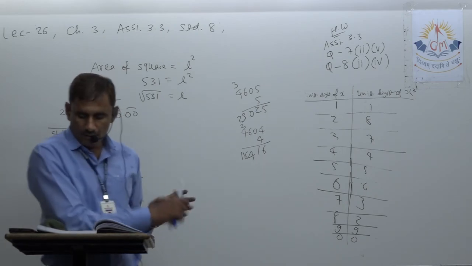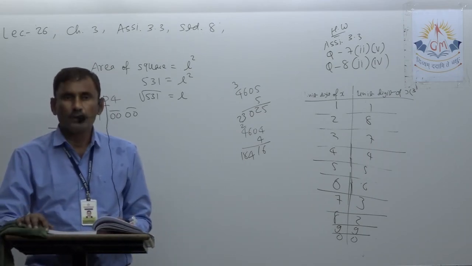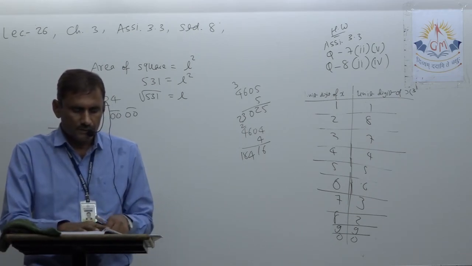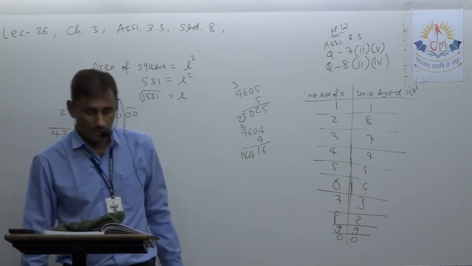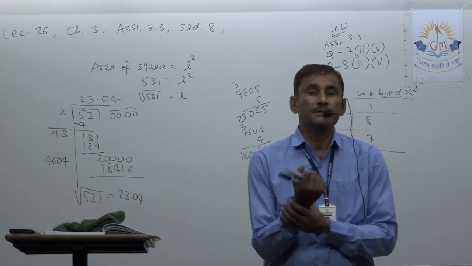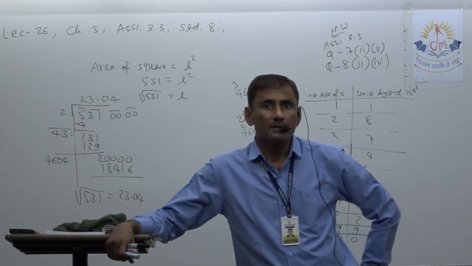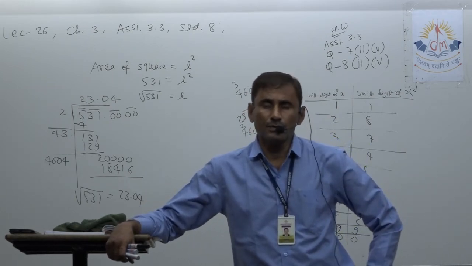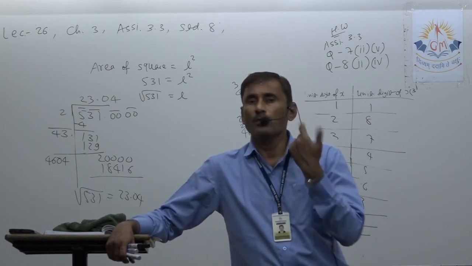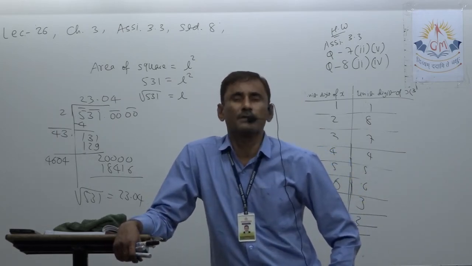Okay. Now let's see how to find the cube of any number. Sometimes they ask us whether it is a perfect cube or not. If you are given any number and you are asked to verify whether it is a perfect cube number, just like for a perfect square number, we did the prime factorization method. So here also you can do the prime factorization method. If all prime numbers are in groups of 3, then it is a perfect cube number, otherwise not.